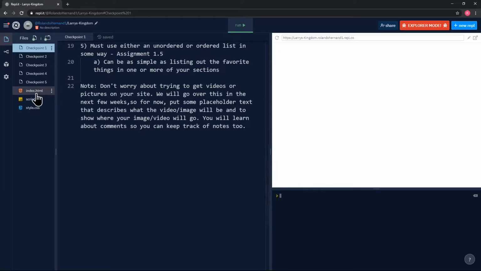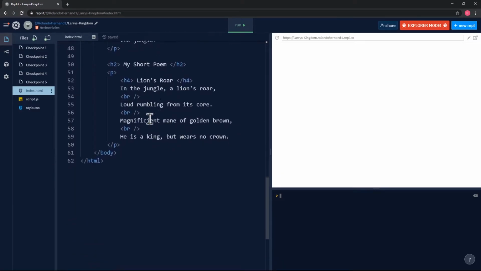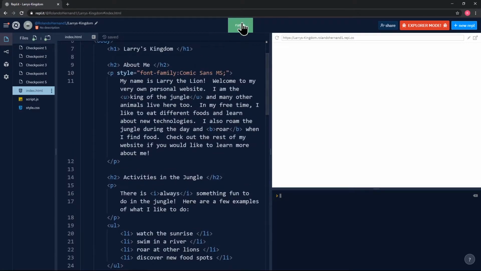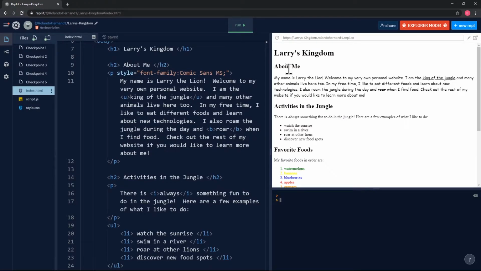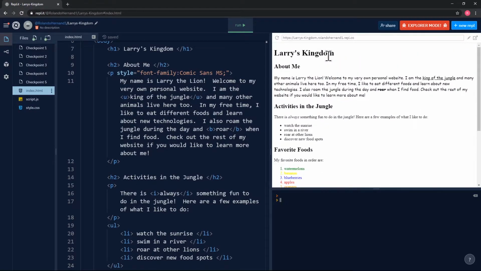Let's switch to our index.html file where we have our code for our example website. We can process all of this code that we'll go through in just a second by hitting the run button, and it will visually appear on the right side of the screen. We have our website called Larry's Kingdom. Larry's Kingdom is Larry the Lion's personal website. Larry the Lion is Dreams for School's mascot, and he wanted his own website so he could tell you more